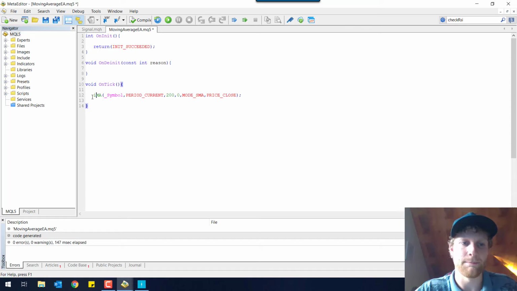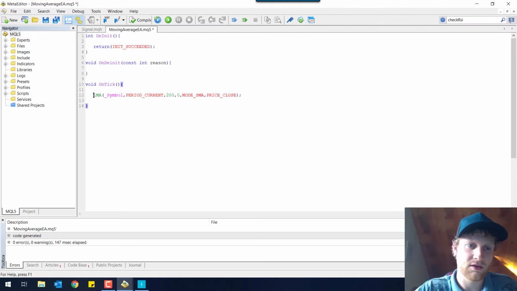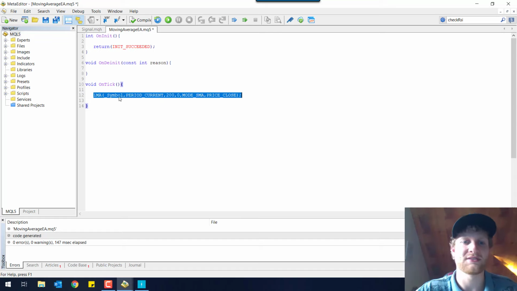But this doesn't really give us a value of the moving average. What we have right now is a handle which is returned by this function. So if we call this function, the computer will process it, and you can say that pretty much at the position of this function will stand the handle after the function is processed. So we can use the value and store it in a variable like handle